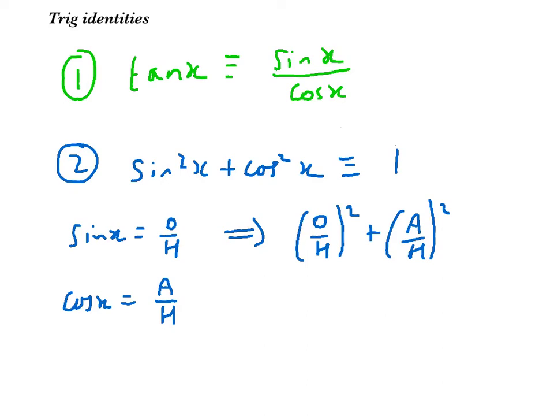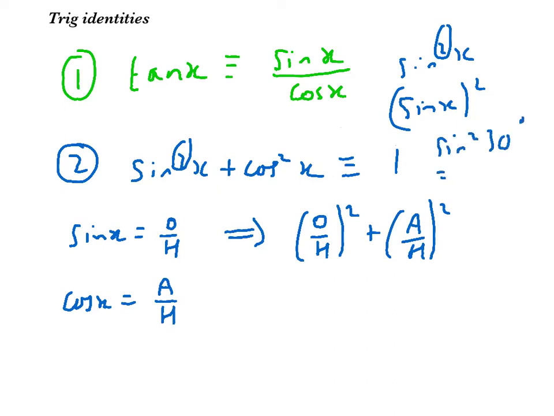So just to bear in mind that sine squared x, it's just the notation used, but this is sine x all squared, okay? Don't be put off by this squared there and it won't work in the calculator. You need to put sine x, whatever the angle is, all squared. So if it was sine squared 30 degrees, this would be sine 30 degrees all squared, okay? Anyway,